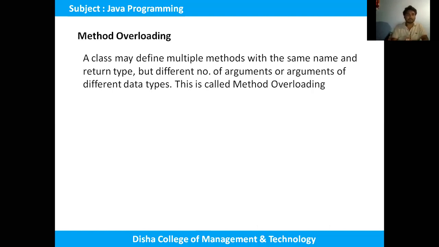Method overloading says that a class may contain multiple methods with the same name, but there must be different types of arguments or a different number of arguments, even though the name and return type of the method are the same. That is called method overloading.